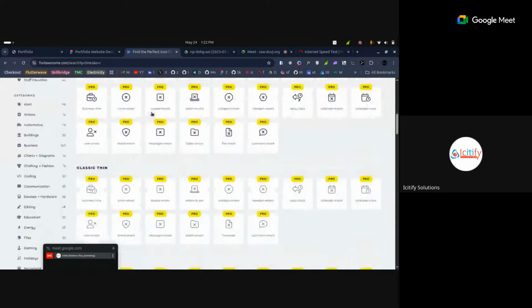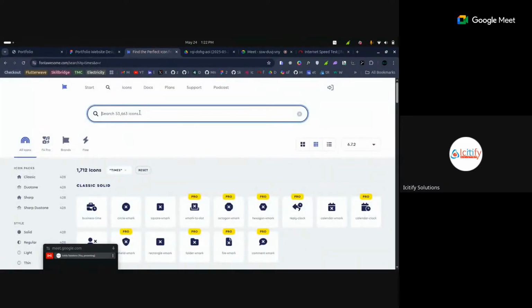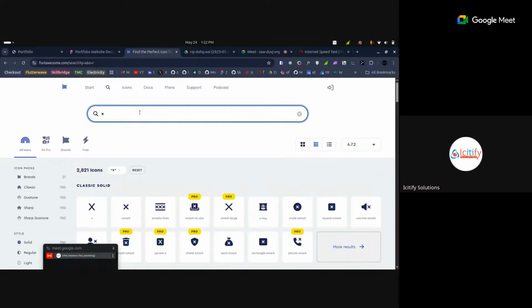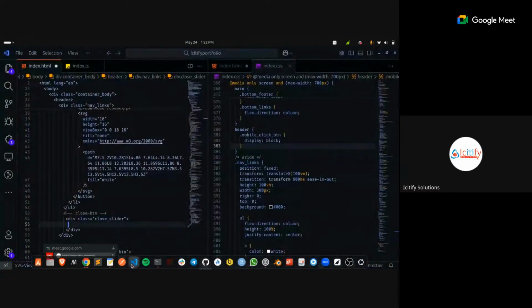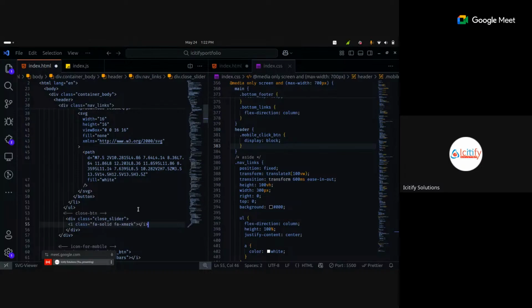Let's see X. Yeah, I see what I'm looking for. I need this. That's too long. This is this. Click here, and just click here and say I, and I will paste it here. So by default,